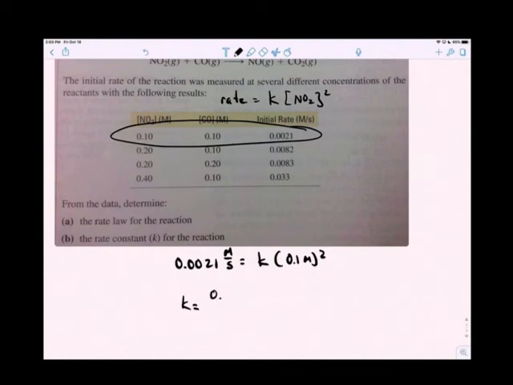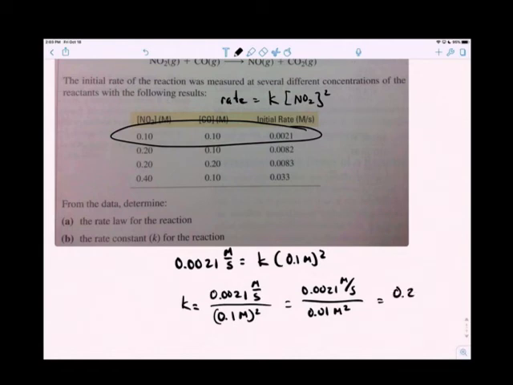K equals 0.0021 molar per second all over 0.1 molar squared, which equals 0.0021 molar per second over 0.01 molar squared. So this equals 0.21